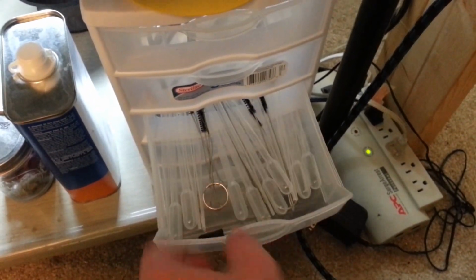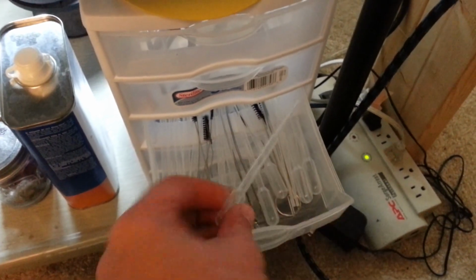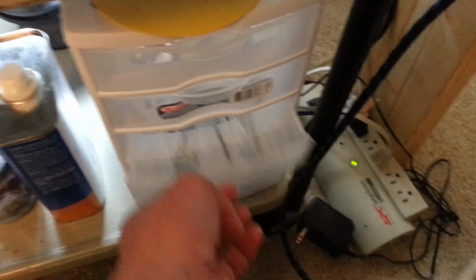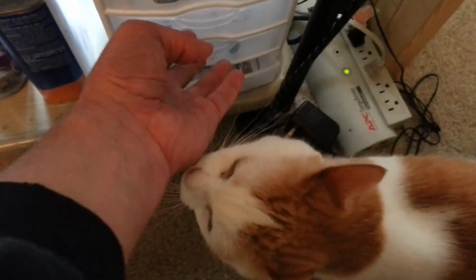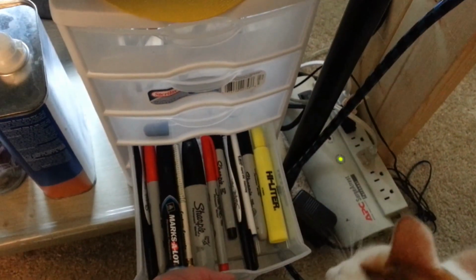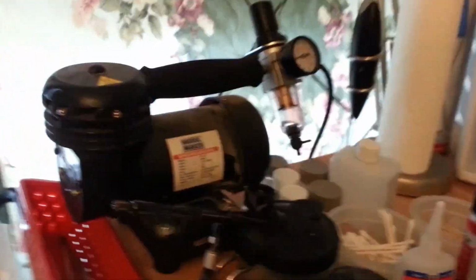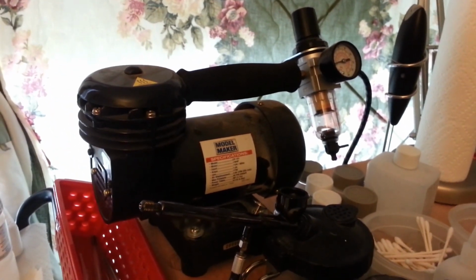Some paint droppers, whatever they're called, and then the brushes to clean my airbrush. And my cat, man, my cat wants to be in this video. Markers and paint brushes. That's my compressor, and I actually bought that compressor in 2002 because I was going